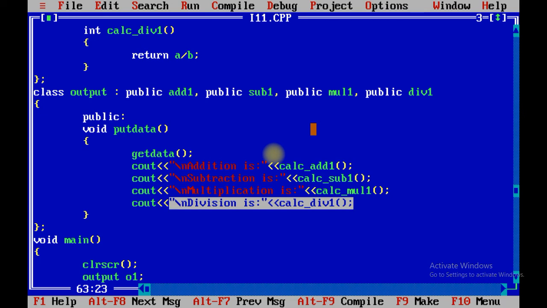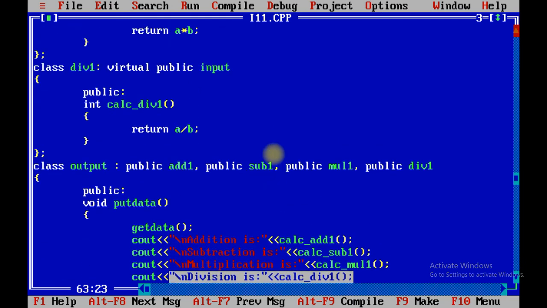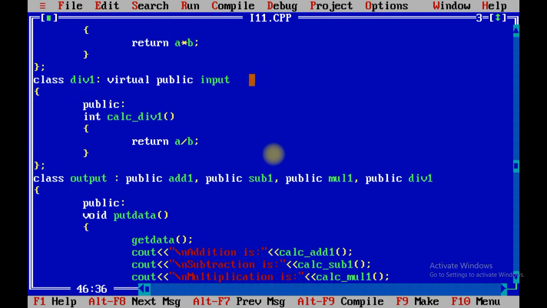The concept of virtual base class is nothing but when you want to allow the user to share a single copy of base class, at that time you need to declare it as virtual public and then the name of the base class, and in this way complete hybrid inheritance is possible.